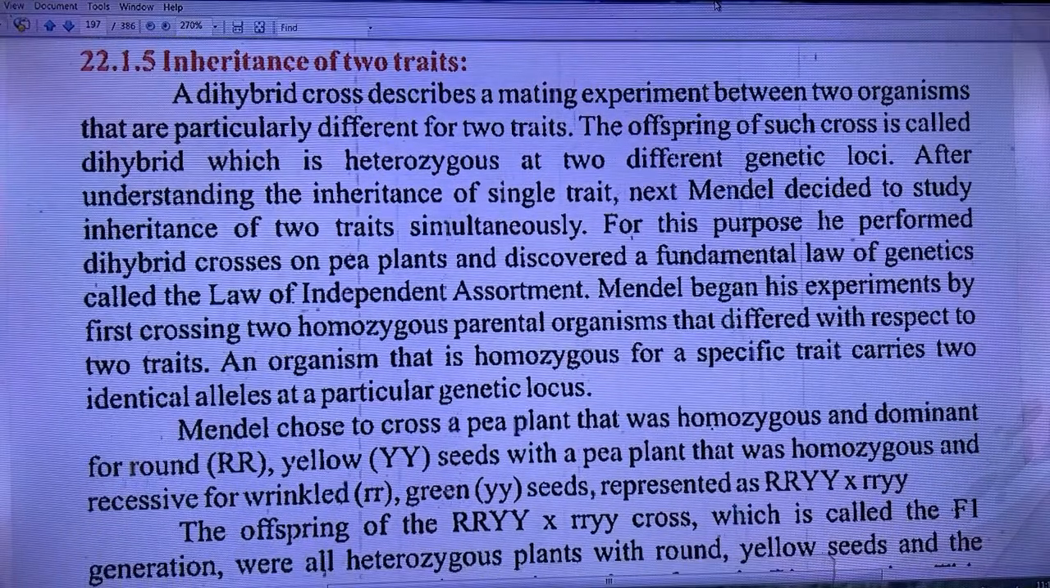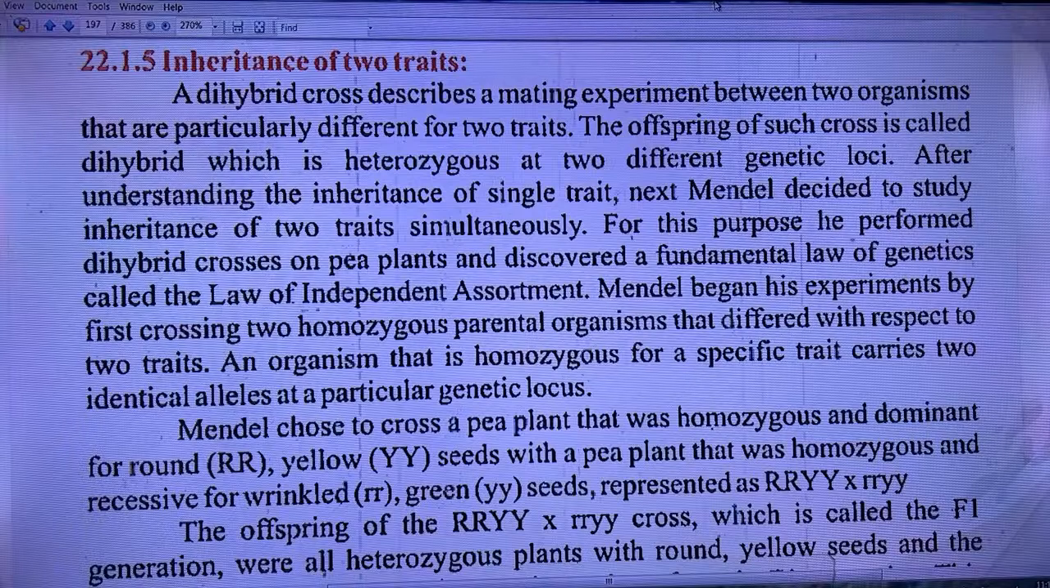A dihybrid cross describes a mating experiment between two organisms that are different for two traits. The offspring of such a cross is called a dihybrid, which is heterozygous at two different genetic loci. After understanding the inheritance of a single trait, Mendel decided to study the inheritance of two traits simultaneously. For this purpose, he performed a dihybrid cross on pea plants and discovered a fundamental law of genetics called the